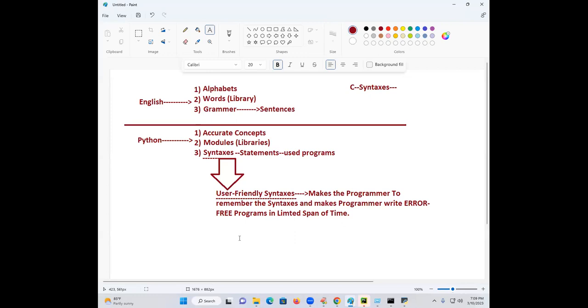That's why to write the program more easily, what we do? We expect what syntaxes? User-friendly syntaxes. User-friendly syntaxes means what? Easy to remember, easy to code immediately. Because of user-friendly syntaxes, I can write my code quickly. I can write error-free programs. That is the beauty of Python syntaxes.